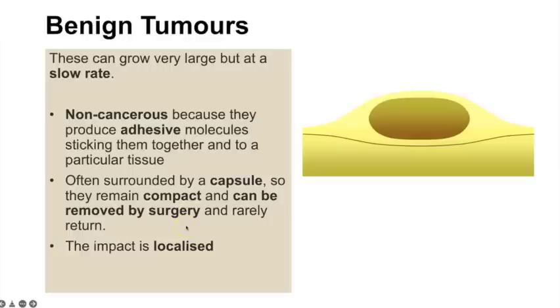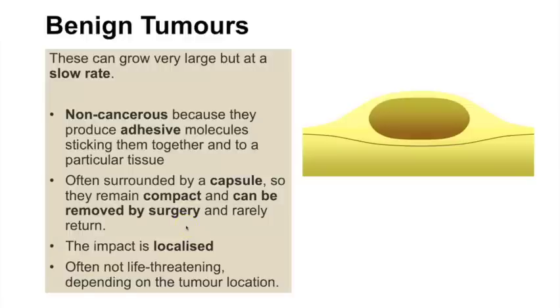would regrow. So the impact is localised, and it's often non-life-threatening because you can cut it out and remove it. But it does, as I said, depend on the location of the tumour. So, for example, a benign brain tumour is still very dangerous because any type of brain surgery is very high risk because you have to cut through the skull, and in removing that tumour you could actually damage some of